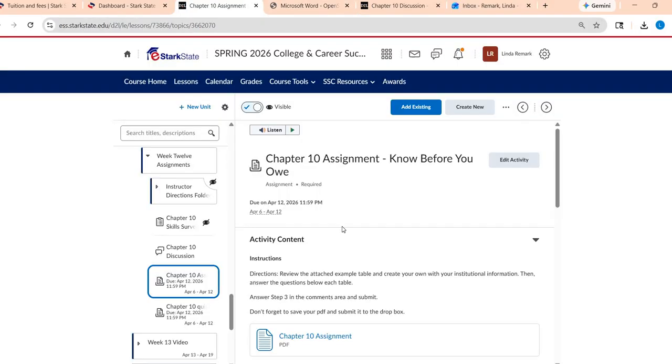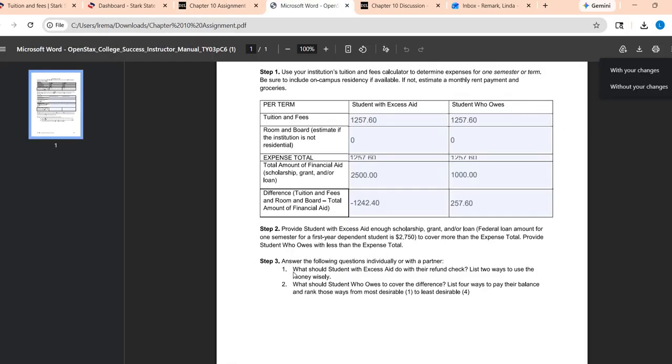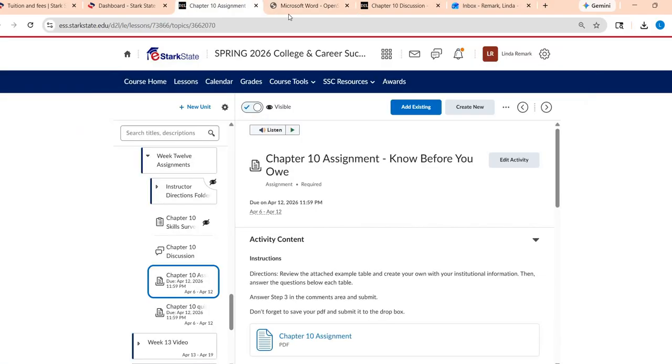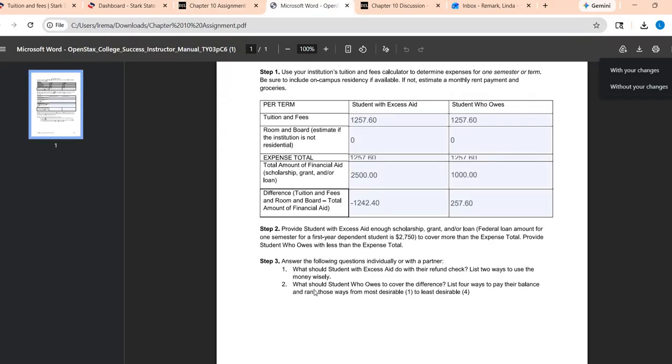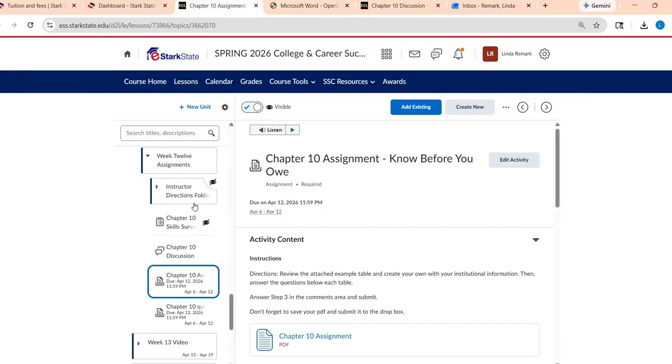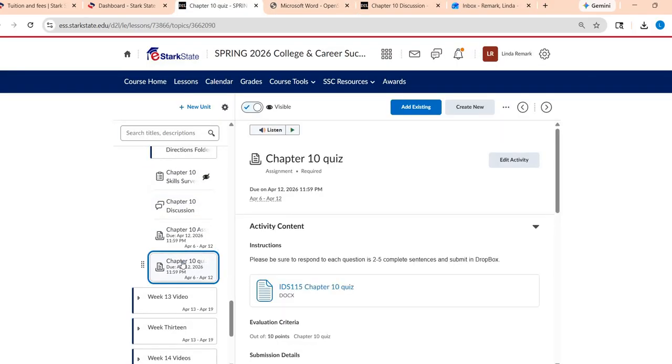So you upload this in here along with the answer to those 2 questions. If you get your grade back and it's only like 5 out of 10 and you're not sure why, more than likely it's because you didn't answer these questions down here. So make sure you fill out the box and answer the questions. Again, you can answer these if you're able to edit the PDF and write them on there. You can put it on a Word doc and upload it, or you can write it in the comment area right in the Dropbox.